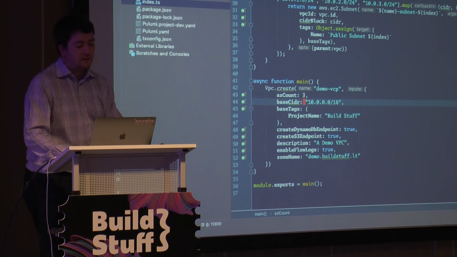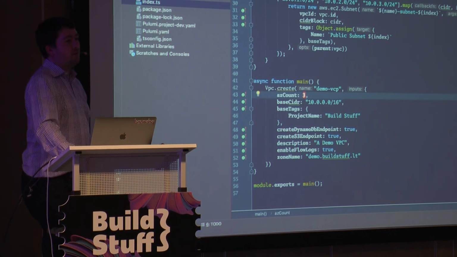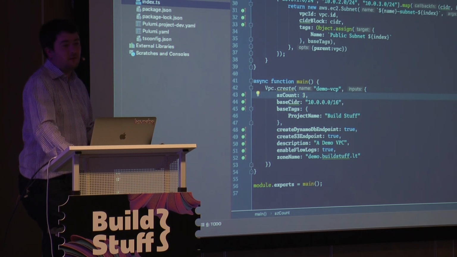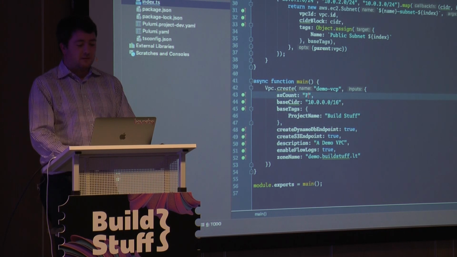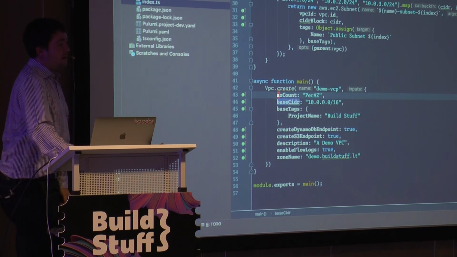We could either say we want 3 availability zones. But because we have the ability to adapt to our environment, it's quite common if you're in Amazon, for example, to want to say, well, depending on what region we want to go into, we want to divide things up differently. So if we're in US East 1, we want 6 of everything because there are 6 availability zones. If we're in US West 1, we only want 3 of each because there are only 3 availability zones. So you can't really do that without the ability to go and execute arbitrary code during your process. But actually, we can do that with this. So we can pass in the sort of magic value per AZ. And when we run this, it will go and work out, okay, well, how many AZs do we have? So how big can our subnets be as a result?